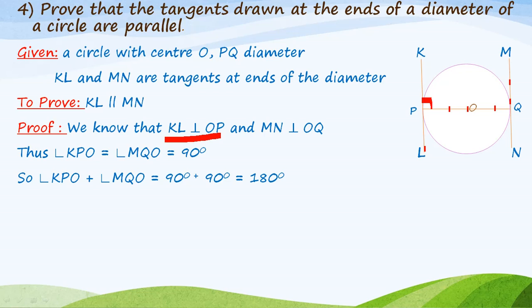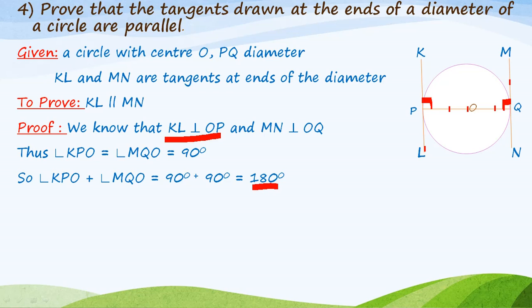MQO is also 90 degrees. Therefore, KPO plus OQM, or MQO, is equal to 90 plus 90, which is 180 degrees. This means the sum of interior angles, when two lines are cut by a transversal, you already learned about this theorem